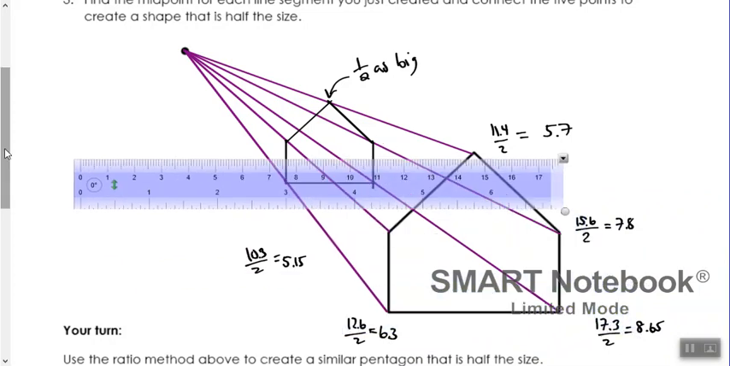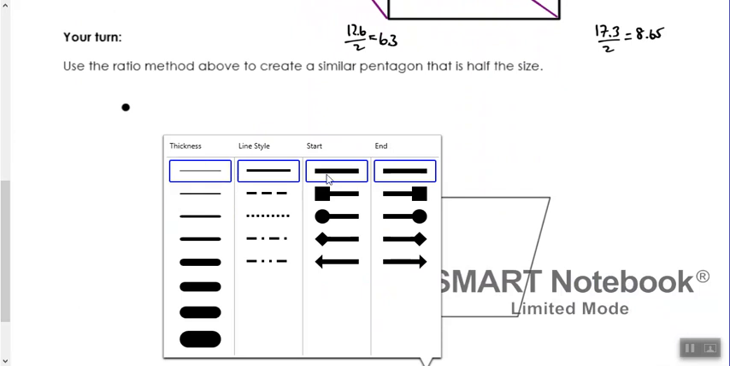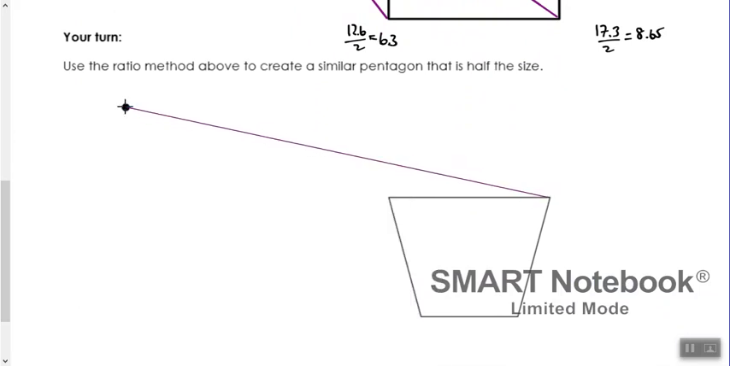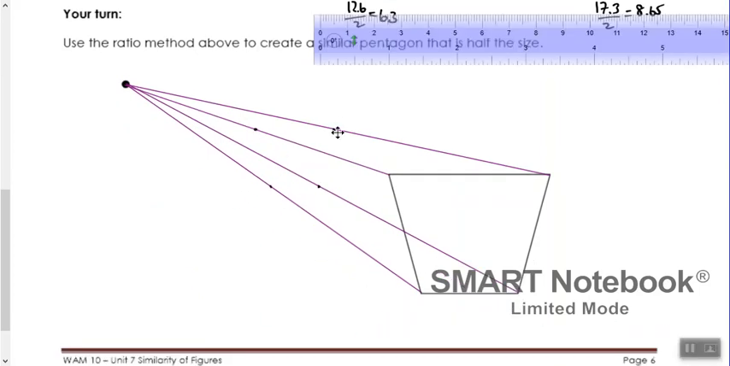Okay. So take a moment to do this one. Remember, first step is drawing your lines. So draw a line from each vertex to your dot. Okay, we're going to cut those lines in half. So cut the lines in half, so half of each line. And lastly,